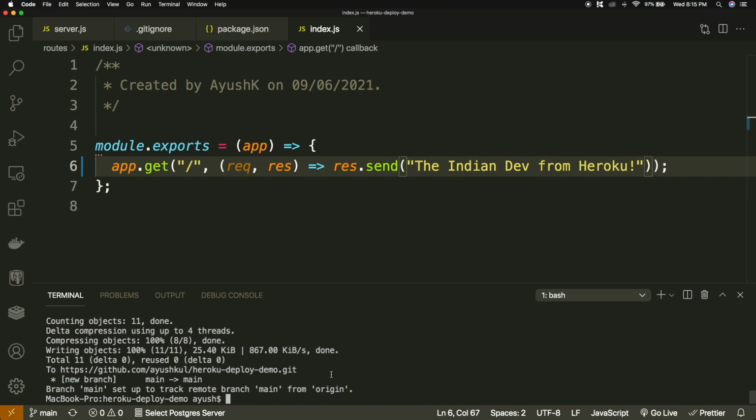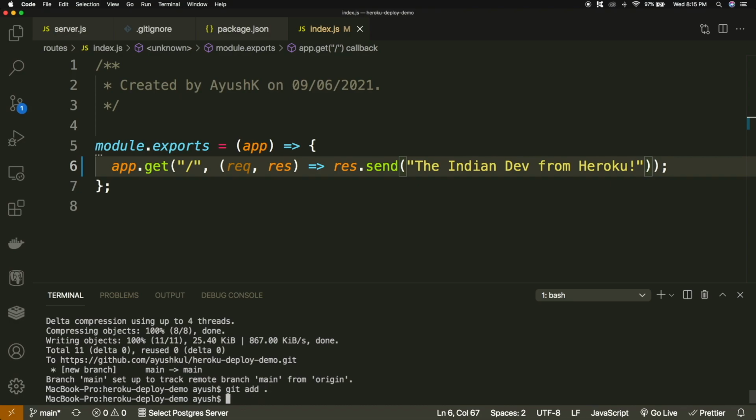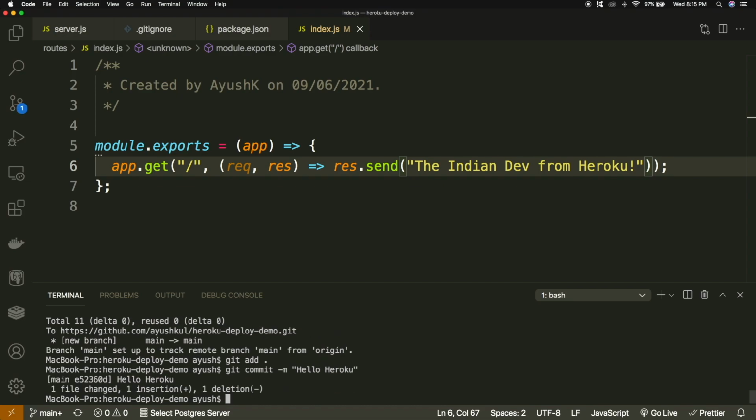And I can again do git add. Now I can add a commit, and the commit message can be maybe hello Heroku, whatever you want to add as a commit message. Now I just need to push my code, git push,